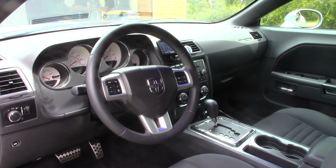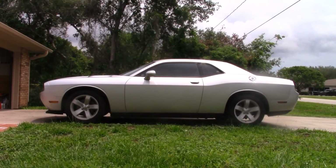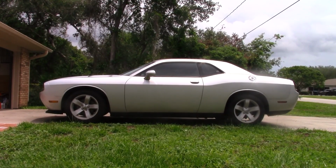Unless you have a passenger sitting next to you that can actually look out the window and tell you if anything is coming, you're taking a giant chance with that. But like I said, there's a long list of things I love about this car, but that's the short list of why I hate the